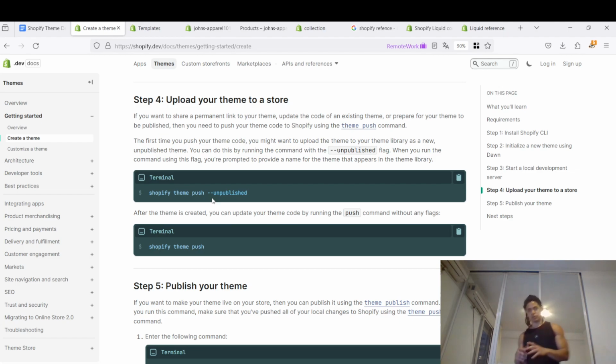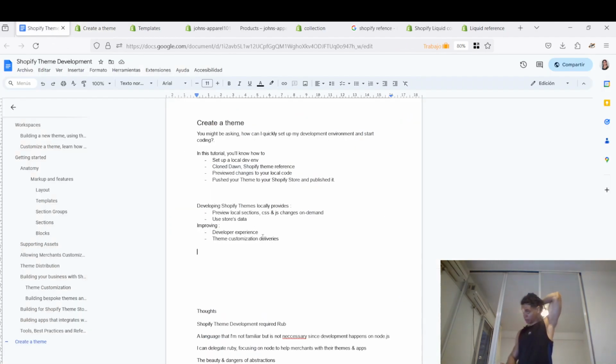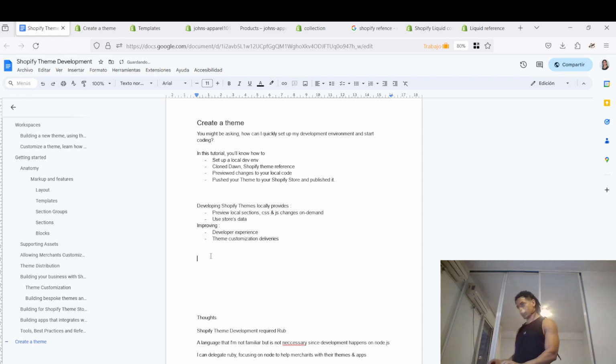So once you know how it works, and especially if you now want to create a theme, unfortunately, theme development